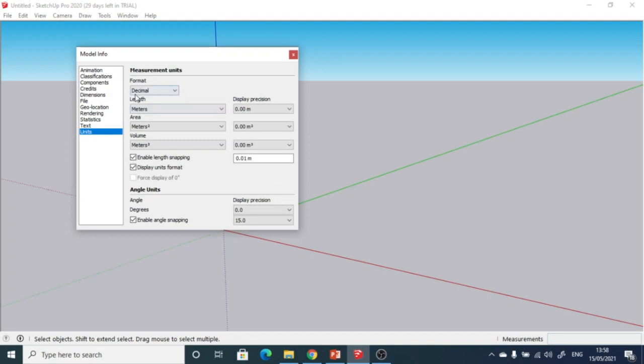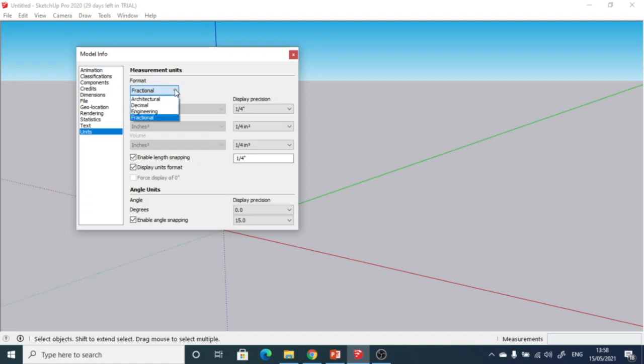Basically, we can select the unit in architectural terms, that is inches, yards and so on. Either we can select the decimal terms, so centimeter, millimeter, meter and kilometer. Then we can select the unit in engineering terms, so if I require feet and inches, we can set it here. We can also change the unit to fractional terms, so any kind of fractional measurement we have for the site, we can enter here.